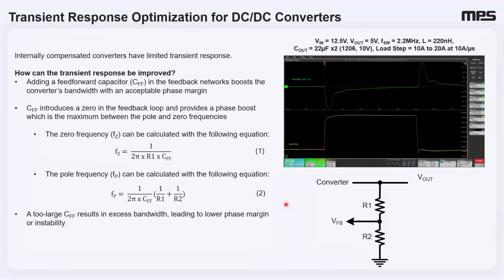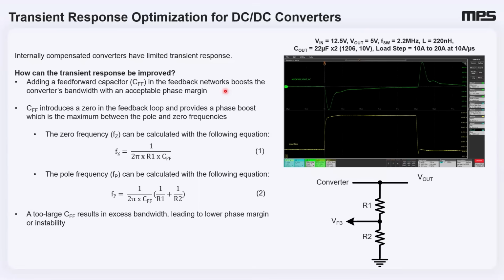We have now discussed how to analyze the transient response and estimate bandwidth and phase margin in time domain. Now let's shift our focus to transient response optimization in time domain. So many modern DC-DC converters are internally compensated for simplicity and ease of use. This often means internally compensated converters might not be optimized for applications, potentially leading to a slower load transient performance